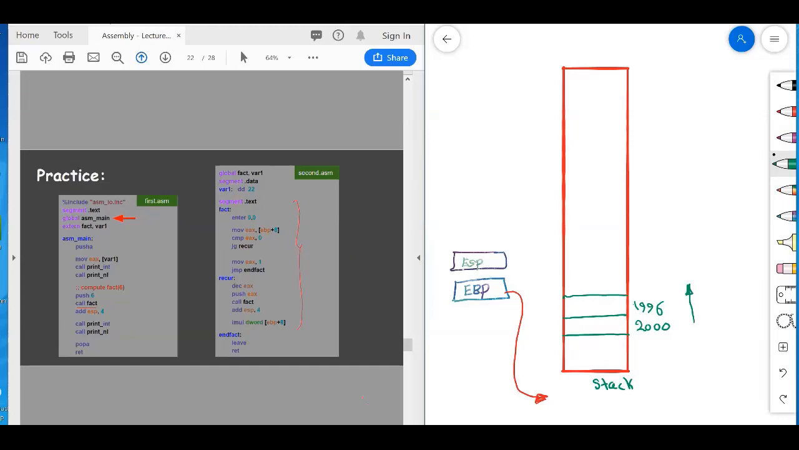So this is our stack. The elements are going to be created 4 byte by 4 byte. So this one is going to be 1992, and this one is going to be 1988, and so on. So in your assignment, you can also start from some address, a random address like this, and